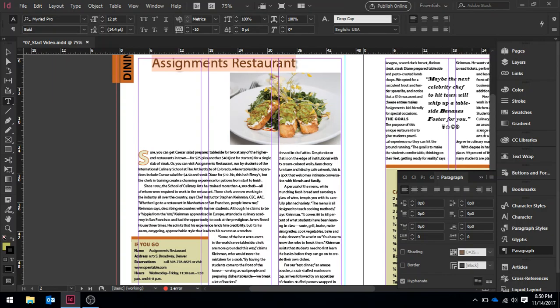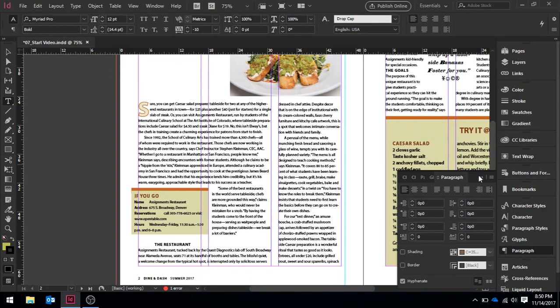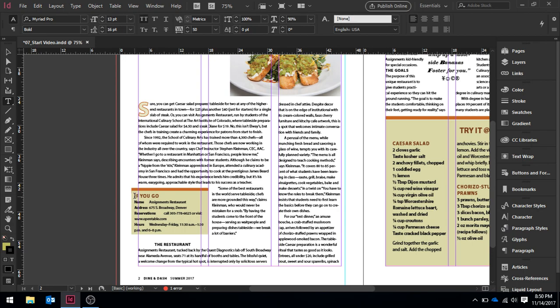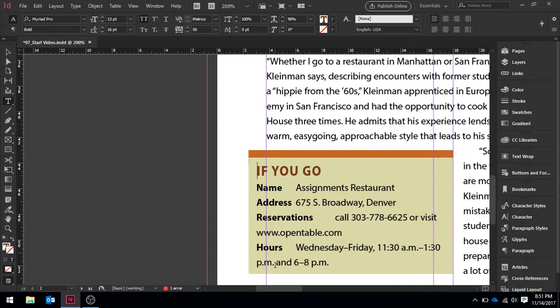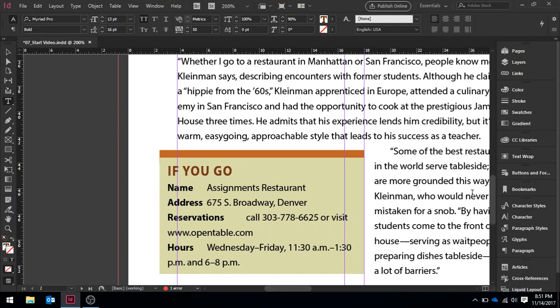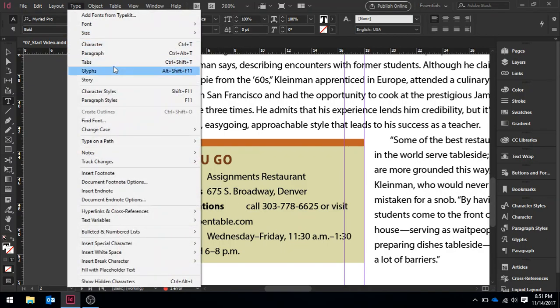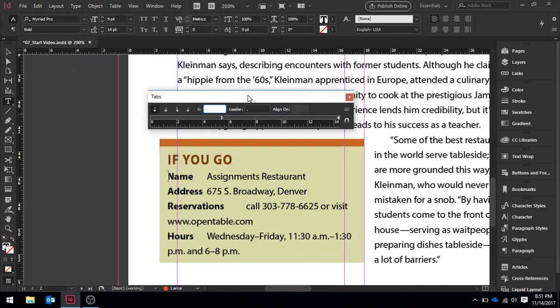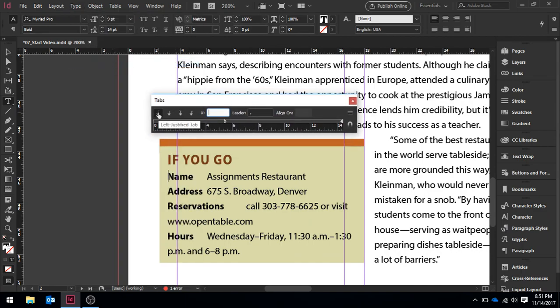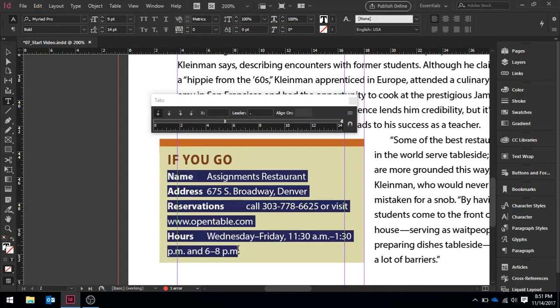The next item we're going to be working with is setting tabs, and we're going to be working with the If You Go box again. So you can zoom into this If You Go box. Once you're at this box, you can click anywhere in the box and go up to Type and go to Tabs, which is right here. We're going to set the tabs, so make sure you have a left justified tab. We're going to select this text from Name all the way down to the bottom, and with this left justified tab,